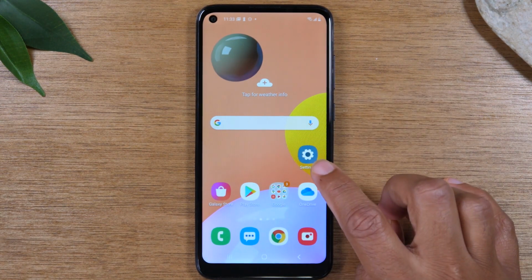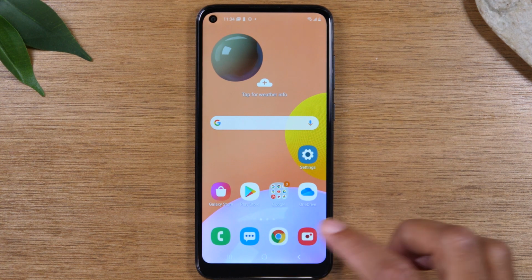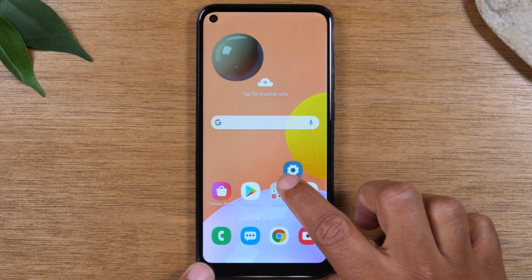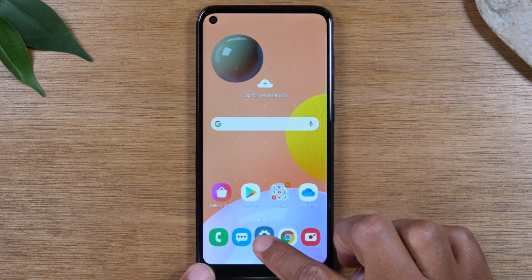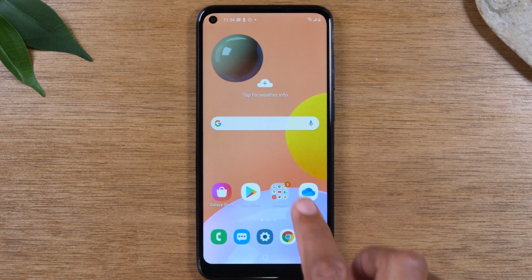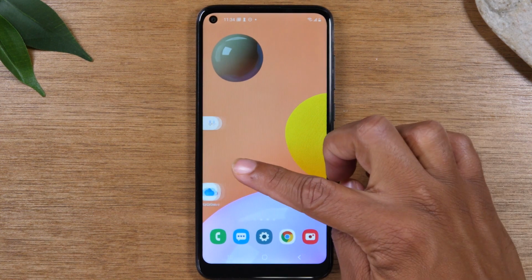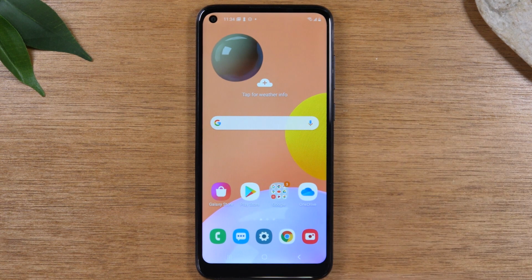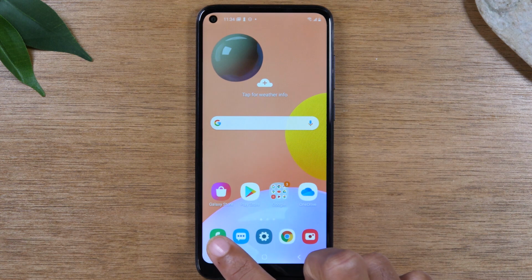So I have my settings app here. Now I want to move it down here. I'm going to then hold down on the app and then drag it all the way down to the bottom of the screen, and now I can make it one of my main options. Then if I switch screens, you'll always see these bottom apps here. So now you can customize this and put any app that you want at this bottom screen so you can get to it easier. For us, again, I'd love to have Google Chrome, settings, and messages in my call app,